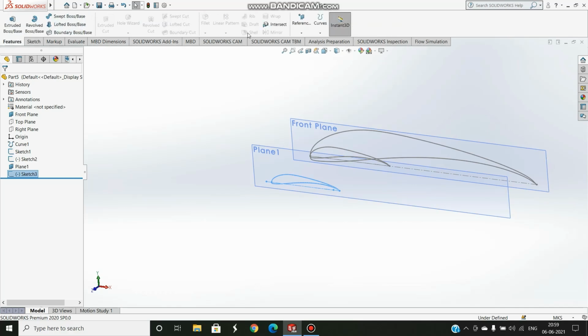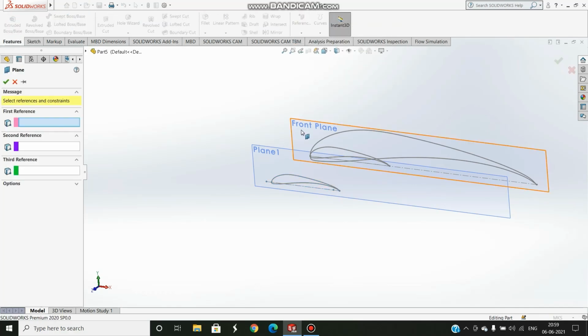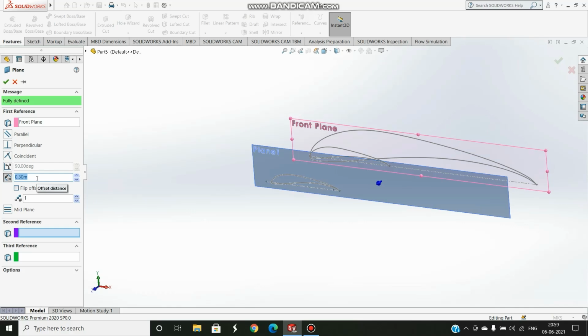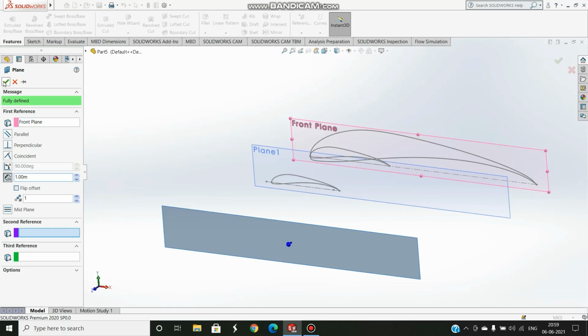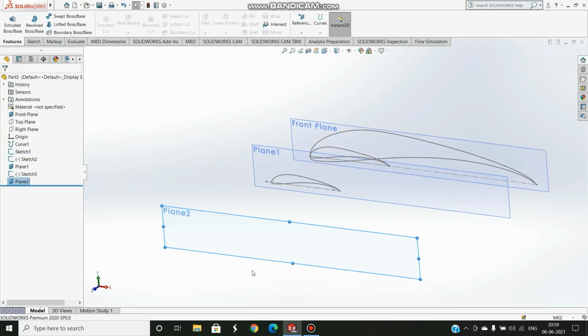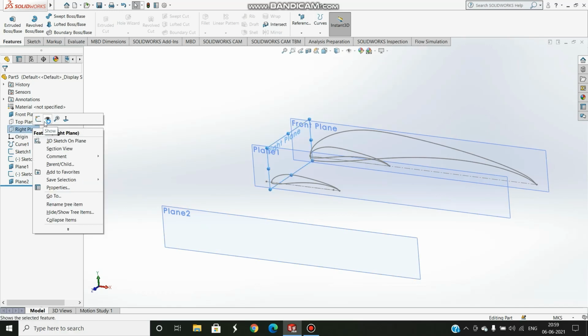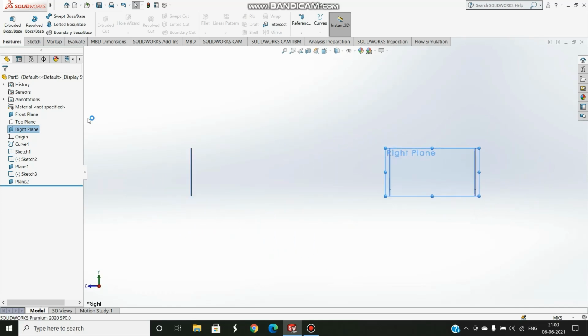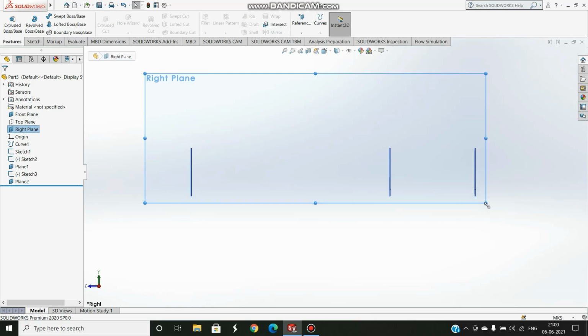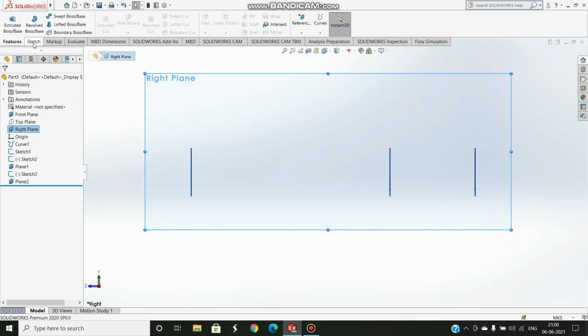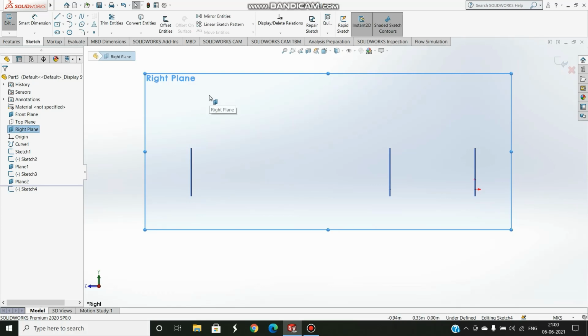Now the next thing we have to do is create another plane. Front plane. I want my wingtip to be 1 meter far from the base. So I select 1 meter here. Now this time we don't have to sketch anything on plane 2 right now. We make the right plane visible first of all. Press Ctrl 8 to get a proper view. Make it big. And then we'll have to press sketch on the right plane. Yes, as you can see the origin, it means we can start sketching here now.